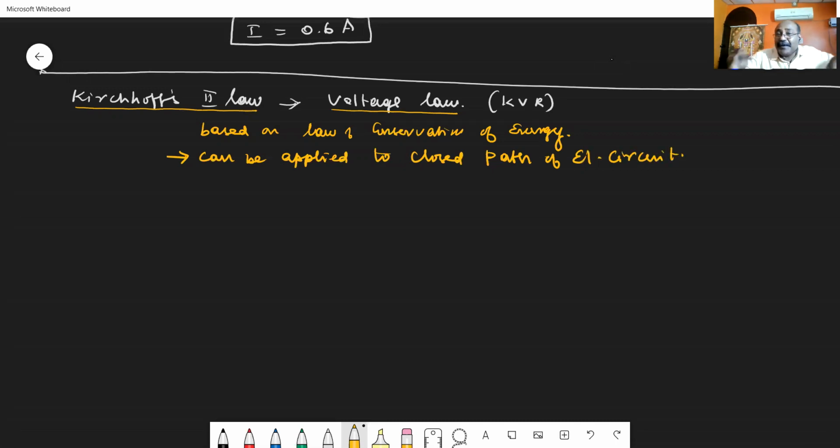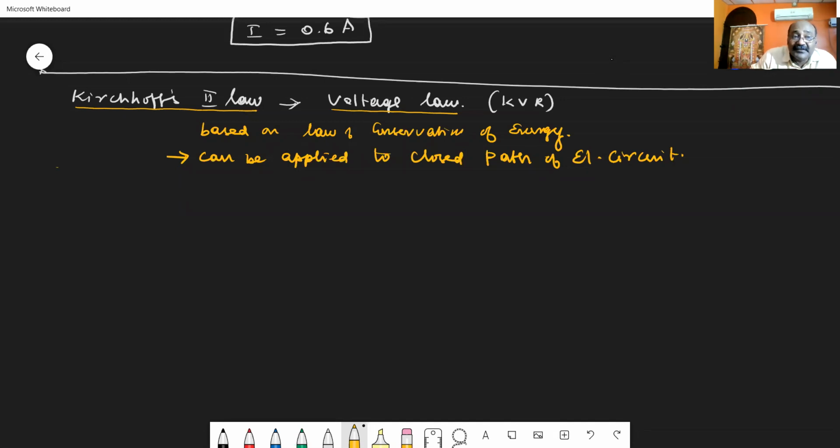What we have studied already is an open circuit. You are having a junction. From that junction, we are able to get the current flowing out or flowing in. What are the other circuits that were connected to that? We don't know. But in this case of the second law, we have to consider a closed circuit. Only in the closed circuit can we apply the second law. While studying with the examples, you will be able to understand. Initially just to know that it can be applied only to the closed path or closed electrical circuit.